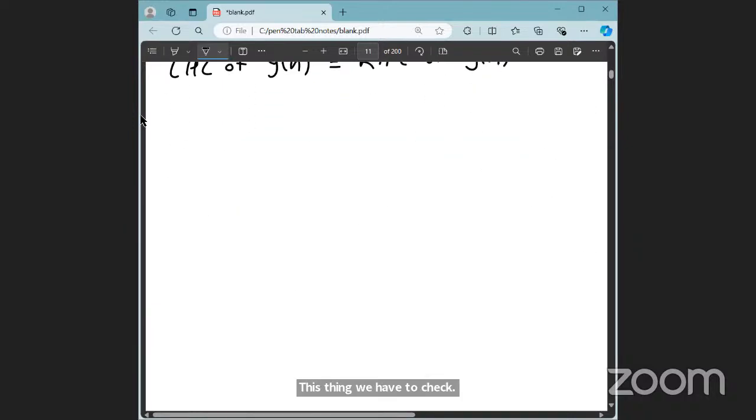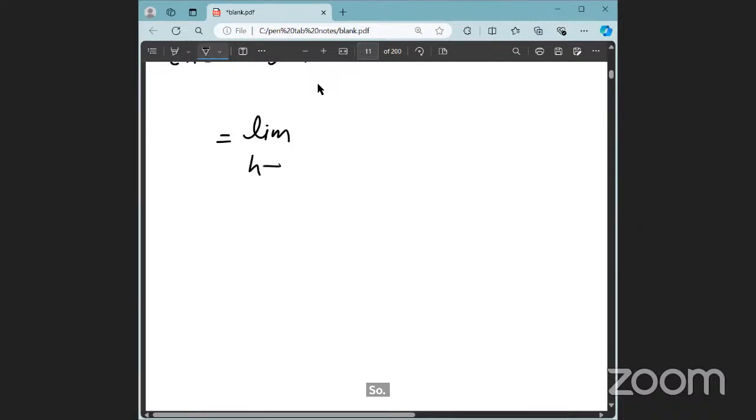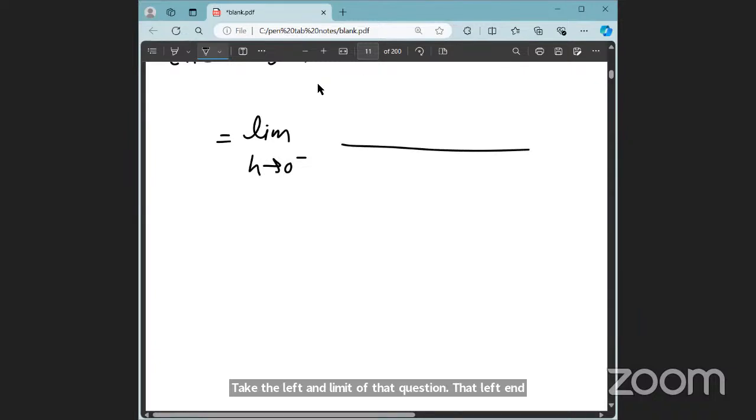So if we take the left hand limit of this quotient, what will that be? That left hand limit is nothing but the limit as h goes to 0 minus, because whenever we talk about the left hand limit, we use this minus sign. This minus sign says that the point is being approached from the left hand side of 0. And this will be h, this will be f of